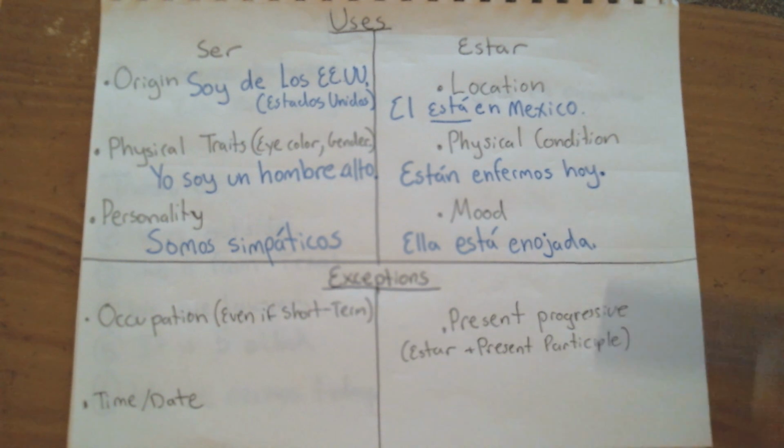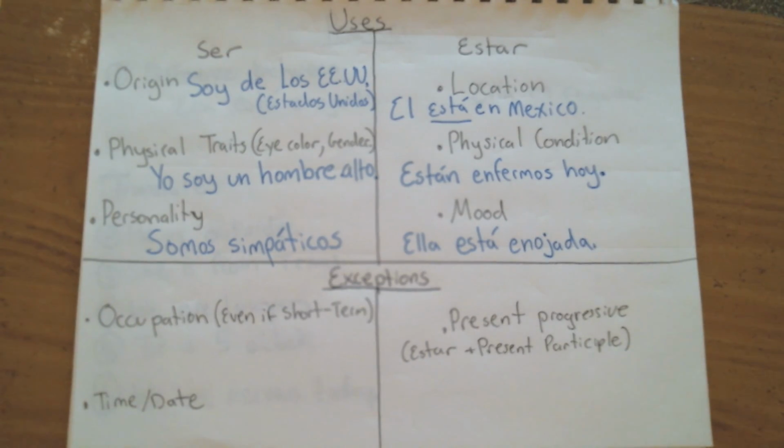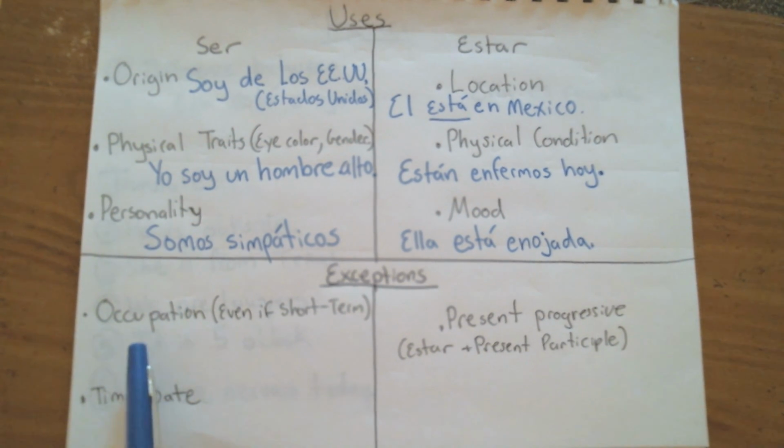So remember, in general, for estar, it is talking about things that are subject to change, things that are sort of in the moment or temporary. Now, if you're using ser, you're talking about things that are long-term or permanent. Now, we have a few exceptions to these rules, a few of these that cannot be cleanly classified in the above categories. And that is, you use ser when you're talking about occupation, like a job a person has. You use ser when talking about the date and time, but you use estar when you're talking about the present progressive, something that a person is doing right now.